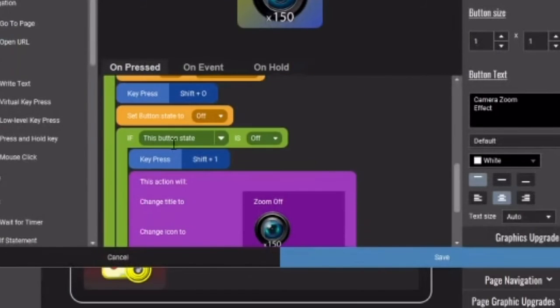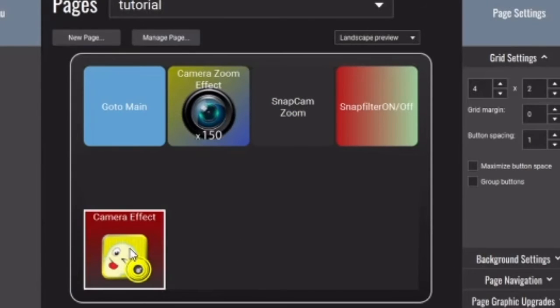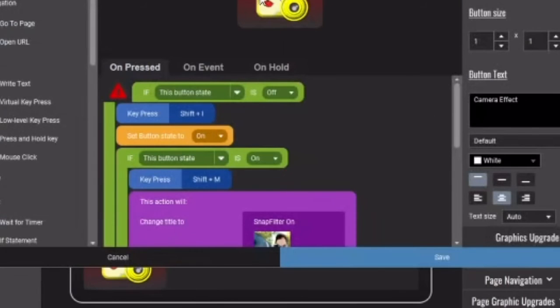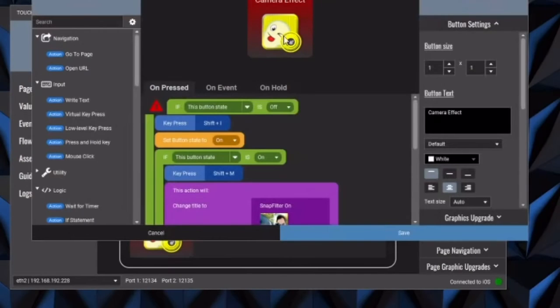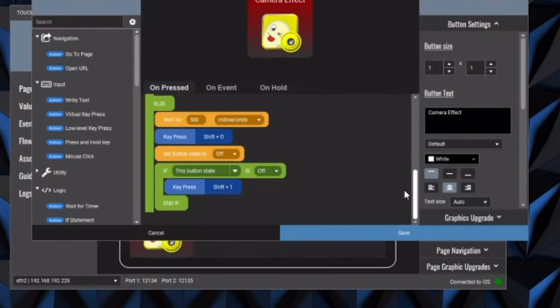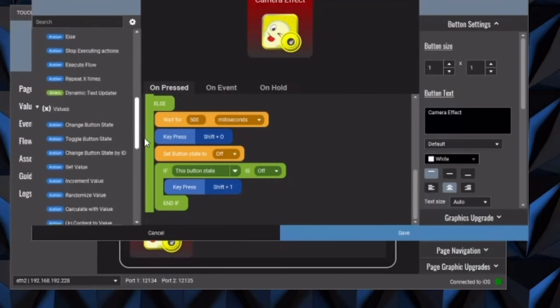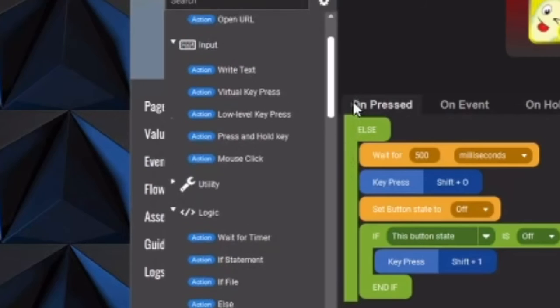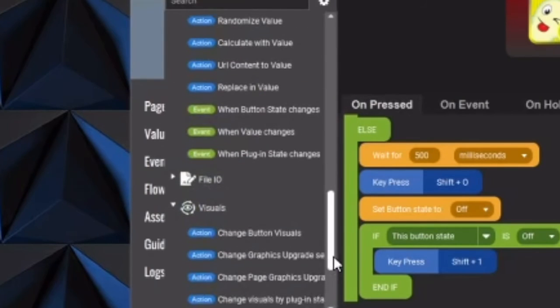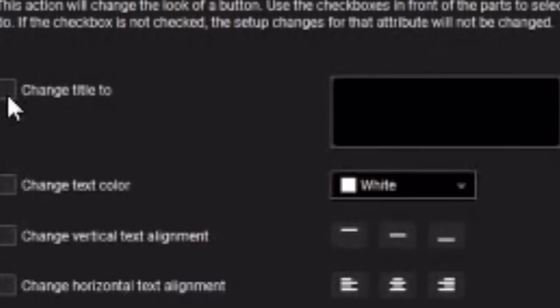That's the Shift and 1 command I use. Now I want to change the icon back to this one. So I want to change the icon to the default, which is this one. I want to go back to this icon, which is the default. So I want to just again add an icon. So that would be this one. Where's this one? Over here. Oh, change icon, change button icon. Change it to